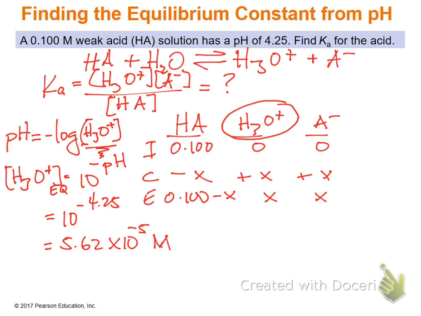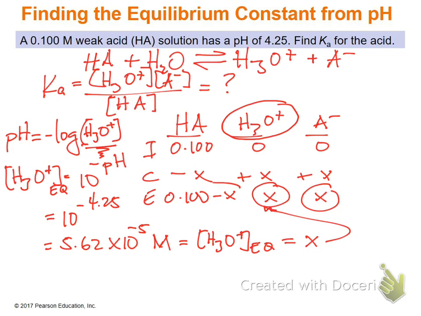So this is the concentration of H3O plus at equilibrium, which means that it's also equal to the value of X here. Right? So now that we know the value of X, we can find the Ka. We can just plug in 5.62 times 10 to the negative 5th for the x's here. And we know the Ka expression. Ka equals x squared. So that's 5.62 times 10 to the negative 5th